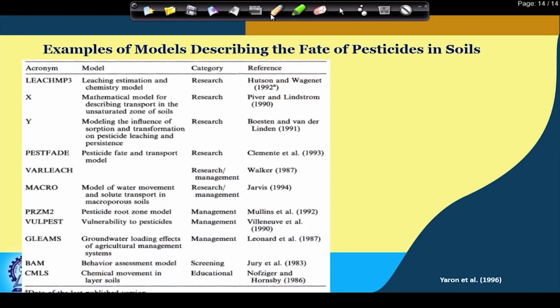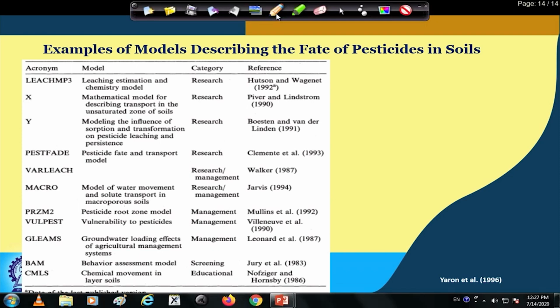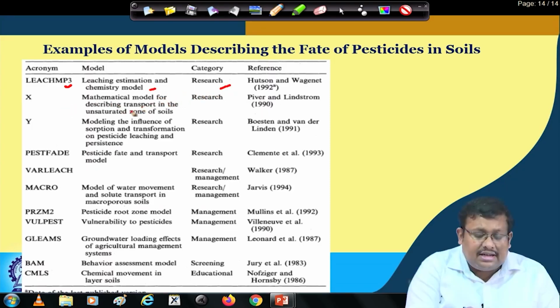So, this slide basically shows the different models and what are their function and in which category they belong, and some related differences are also there. So, here let us start with the first one, that is Leach MP3, which is basically a model. These are basically the acronyms in the leftmost column. So, this Leach MP3 model is basically used for leaching estimation and chemistry model, and it is a research category model. Then X is basically a mathematical model for describing the transport in the unsaturated zone of soil, which is a